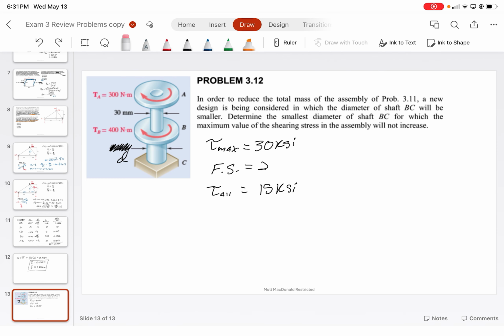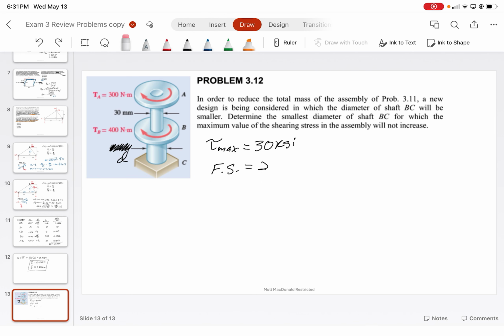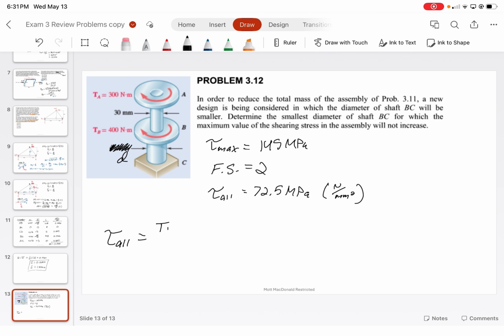A992 steel, which was 77.2, no, it's tau max is equal to 145 MPa. Use a factor of safety of 2. So then I'll say tau allow is equal to 72.5 MPa, which is the same as just saying newtons per millimeters squared. All right, from here, we know that tau allow is equal to TR over J, which then we